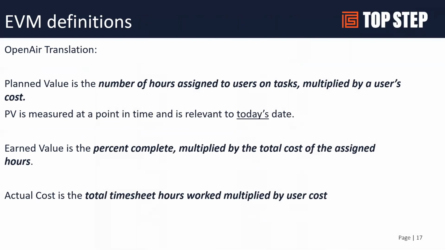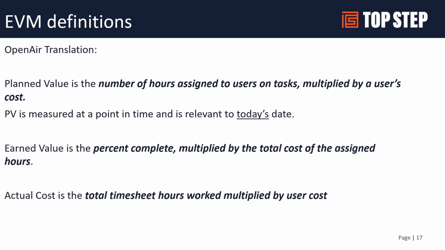So in OpenAir terminology, simple enough, right? But from an OpenAir perspective, it's looking at the number of hours assigned to users on a task multiplied by the user's cost. And again, that's as of today. And the earned value is the percent complete of the task multiplied by the total cost of the assigned hours. So those are how OpenAir determines planned value, earned value, and then the actual cost is just the timesheet hours